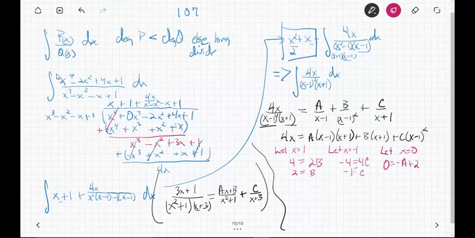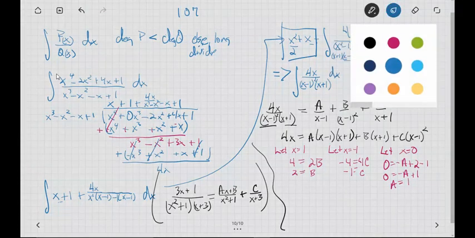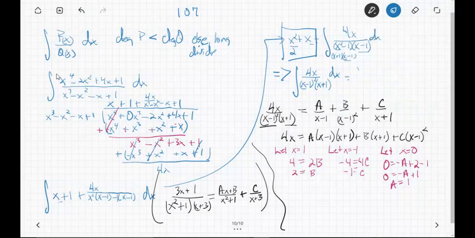But c is negative 1, right? So I get minus 1. See what I did there? Okay, so 0 is equal to negative a plus 1. So in a puff of algebra, a equals 1. Which tells me this, let's go back to blue, which tells me that this integral